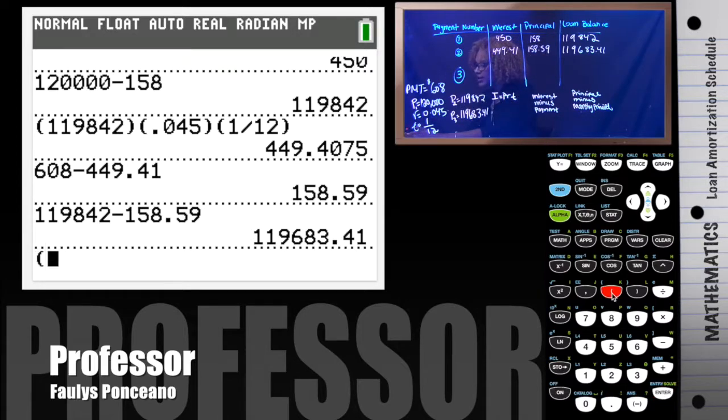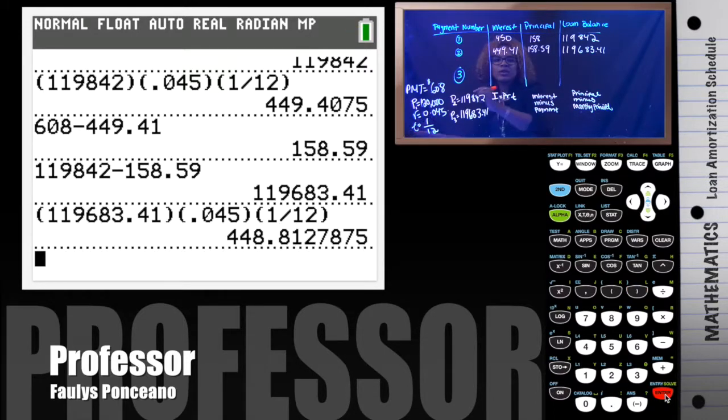And we go to the calculator and we type that in. 119,683.41, close parentheses, open parentheses, 0.045 divided by 12, close parentheses, enter. So this is the amount that goes in interest,